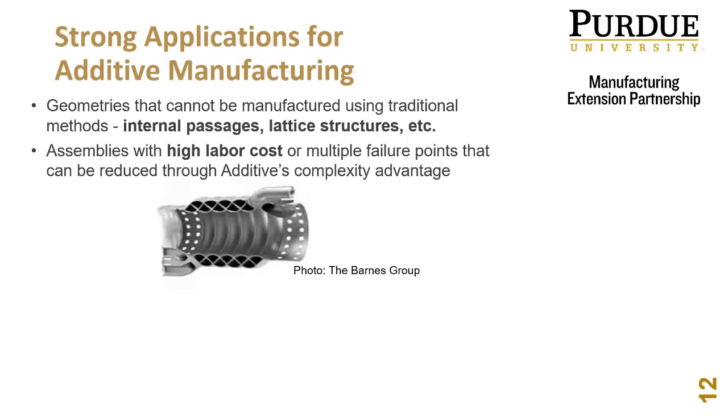Some better ones would be those that have internal passages, such as lattice structures or honeycomb structure, and assemblies with higher labor costs or multiple failure points. Think about a welded joint or a riveted piece, such as that piece on the end with the holes shown in this photo. Those can be combined into one single part through additive, because complexity isn't the same issue as it is in additive versus traditional. A lot of the complexity is gone. You still have to design accordingly to additive's rules, but combining parts is a really neat feature that you just can't do through most traditional manufacturing methods,